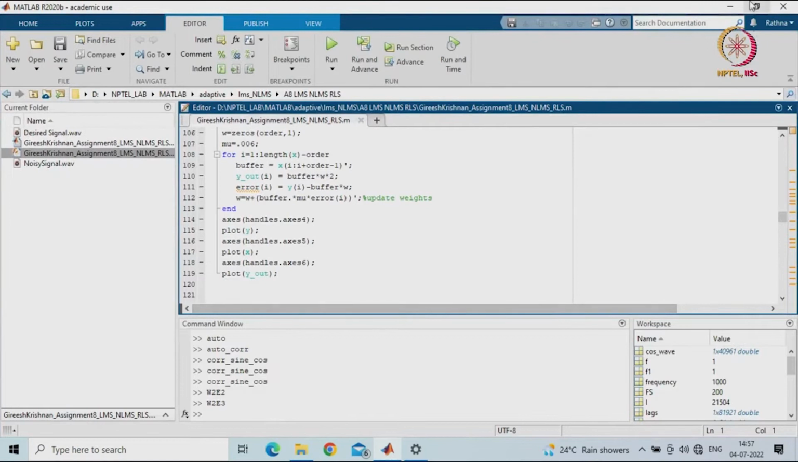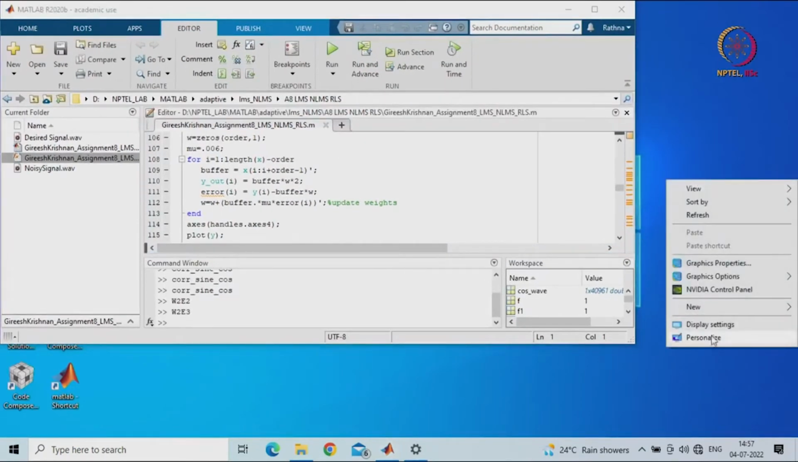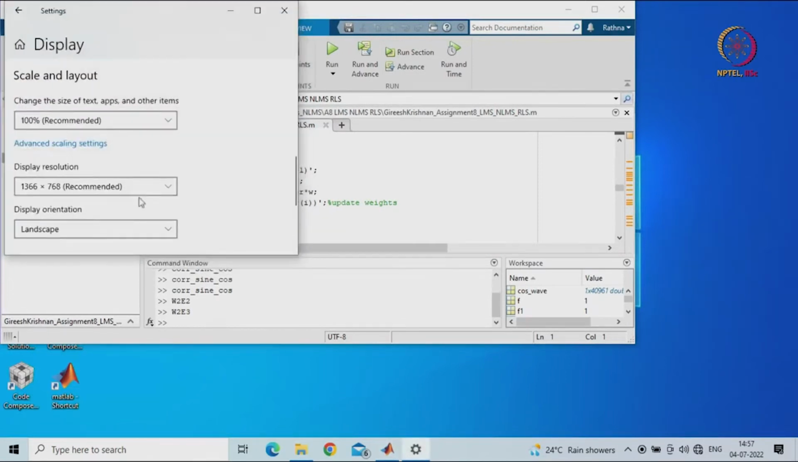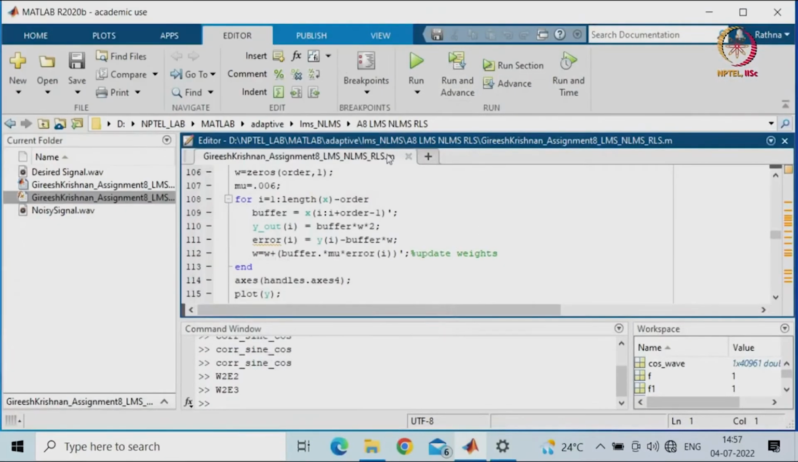okay, what I will do now, before running it, is increase the font size so that you would be able to see it properly. I will make it 125, and then when I am running it, if the graphs are coming, we may have to reduce it. So, now you will be seeing length of x minus the order of your filter. You will be putting that